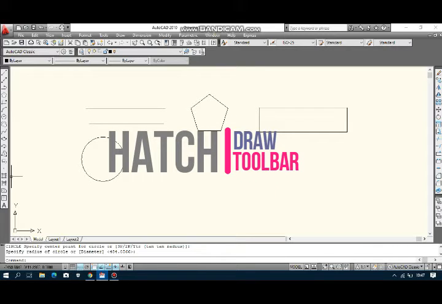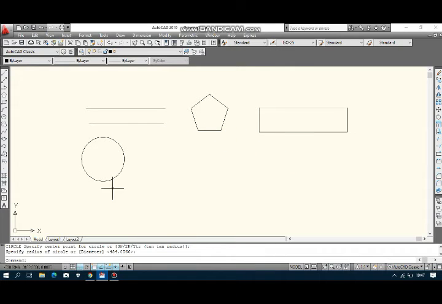Hatch toolbar. Hatch toolbar with function to fill closed areas or no gaps with color or shaping pattern and gradients. How to apply is type hatch, then enter.